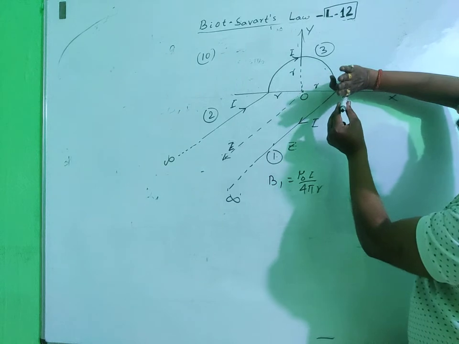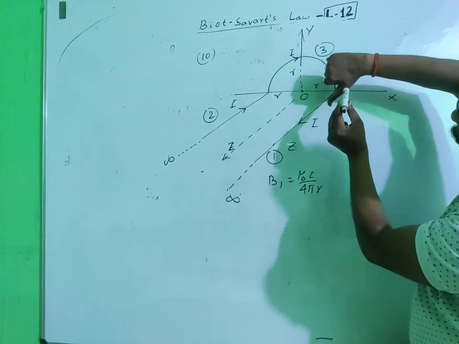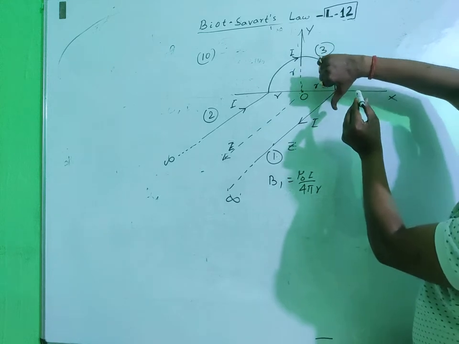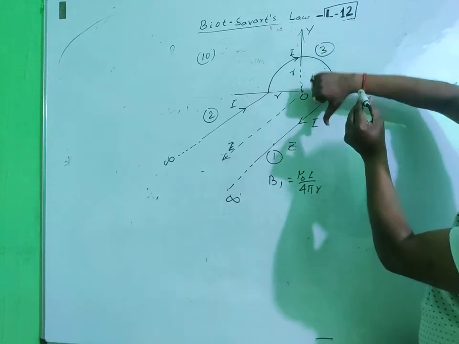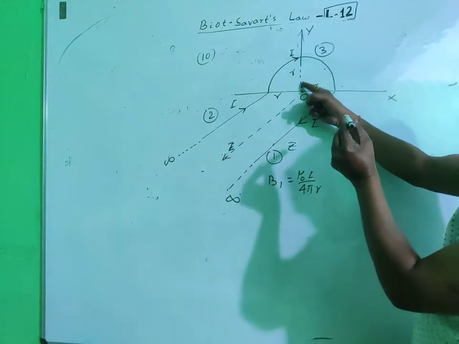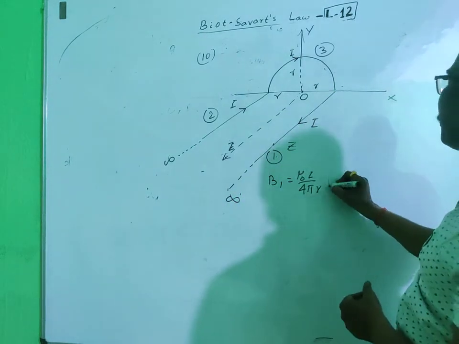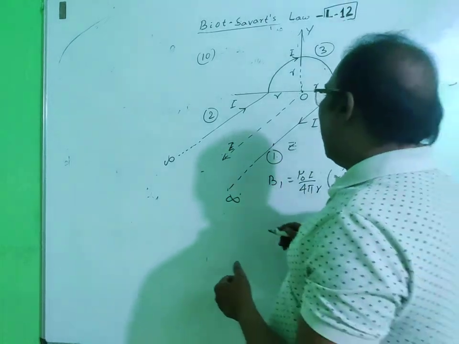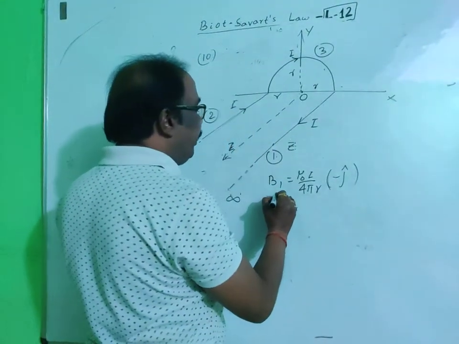Okay, along this direction, fingers turn towards O. Then if fingers are curved, the erect thumb represents the direction of the magnetic field. Downward means opposite to the y-axis, so the direction is minus j. Okay, and similarly B2,